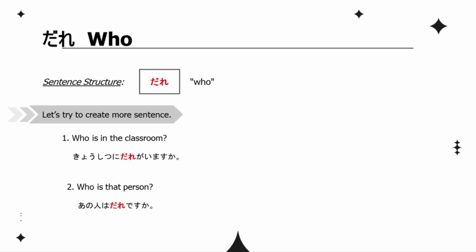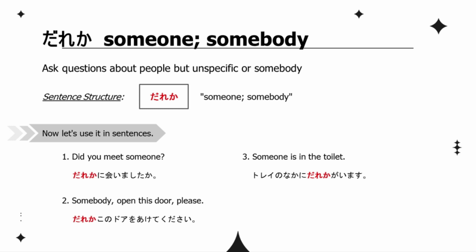4. How to ask questions about random people. To ask questions about random people, we use dareka, which means someone or somebody. Let's see how to use it in Japanese. Did you meet someone? 誰かに会いましたか？